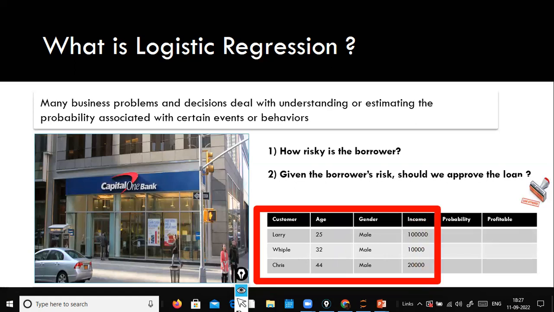These features are independent variables. What we expect from the machine learning algorithm is whether these customers are profitable customers or not. Look here, this column needs to be predicted by the model. My model has to assign the class label. Hey, this guy is yes, which means a profitable customer. No is no. You can approve the loan for Larry as well as Chris, not the other people,